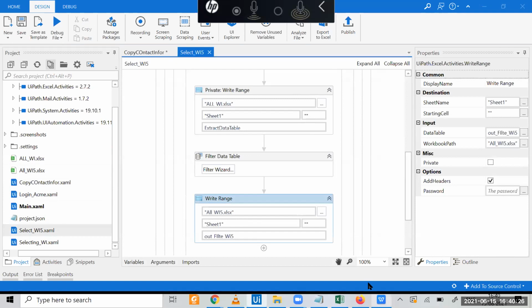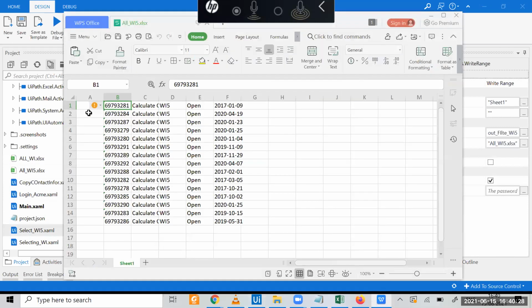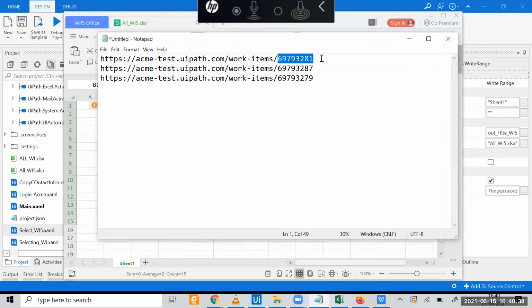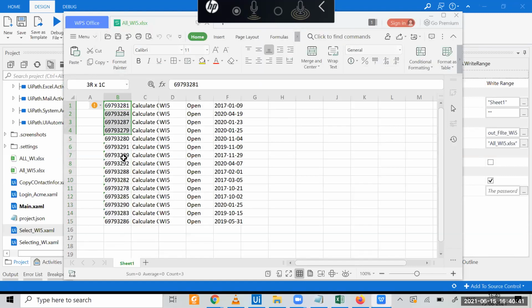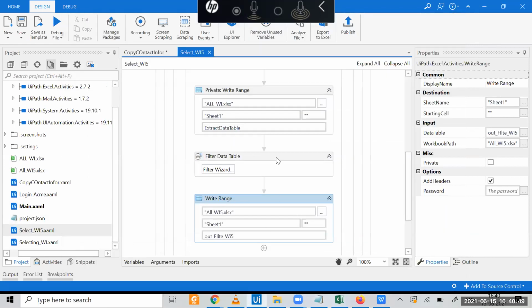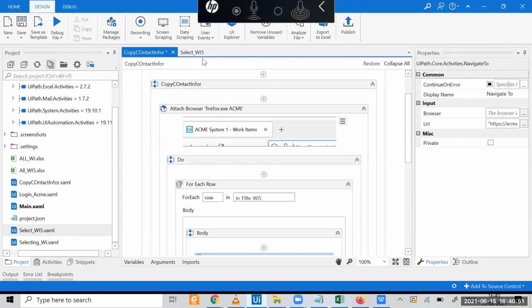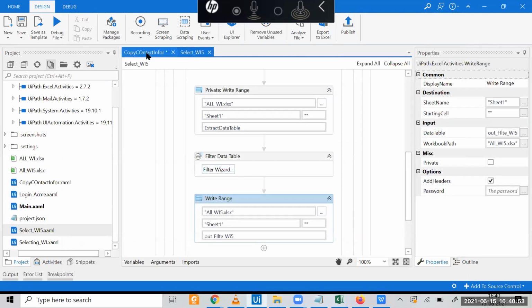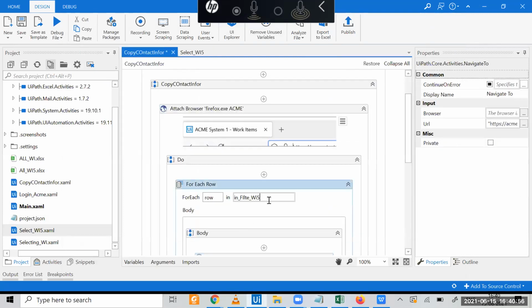The format of this data table is stored like this only. Nothing is there in the 0th location. The work ID number, which corresponds to the number in the URL, is stored in the first row only, or the second column. Understand? This we have done yesterday. We are just extracting that value from yesterday to here.